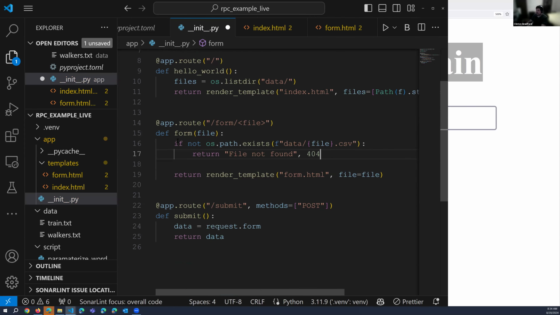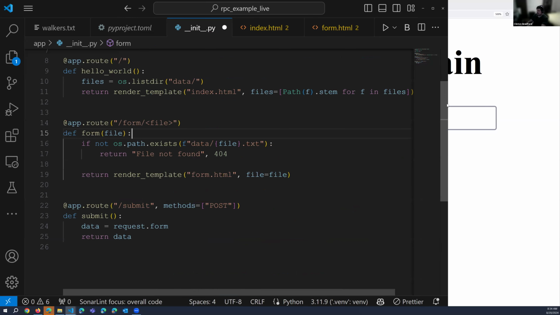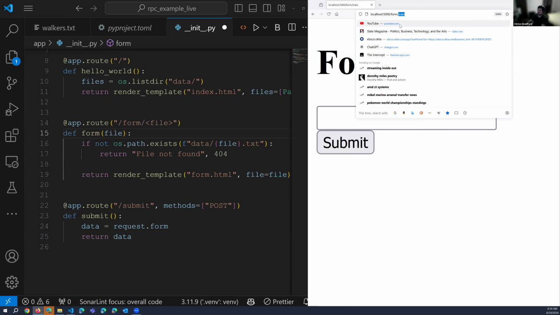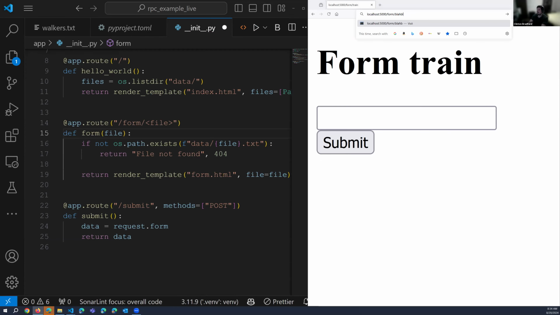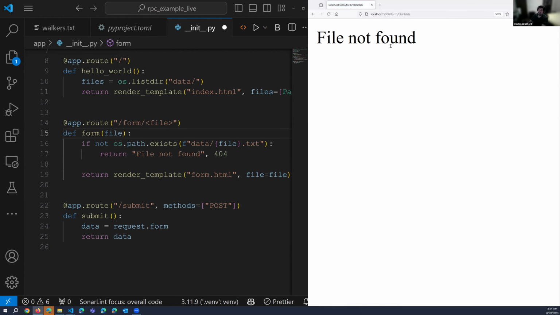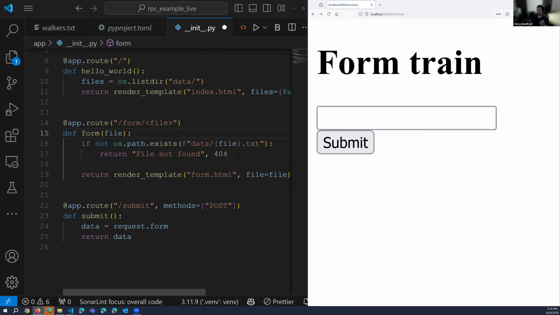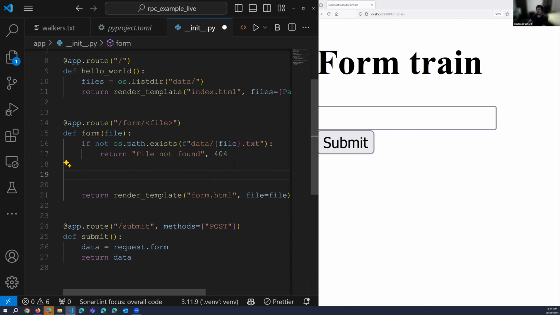So here we're checking if the file does not exist, then we can return a 404 result. If I can ask for form blah blah, then I can say file not found and return a 404, which is an error code that's passed downstream to other APIs to say that it got an error, it wasn't found. We can short circuit that, and then if not, we can say